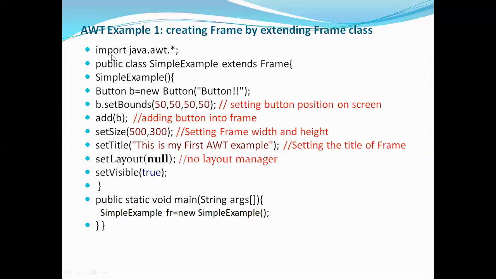First thing, I'm importing the package called java.awt.*. So to create this AWT window based applications, that is graphical user interface, first of all you have to import the package called AWT. In that we are going to use some classes, so that's why I didn't mention that particular class. I just kept it as star, means all the classes of that package we are going to use, java.awt.*.